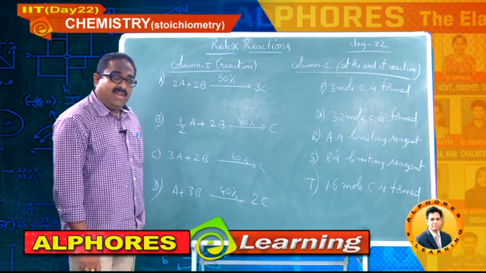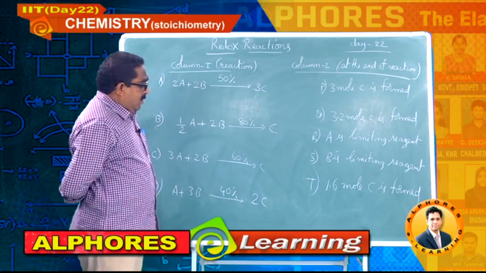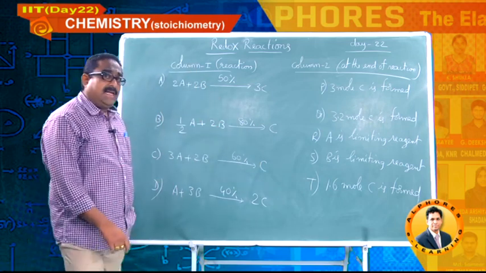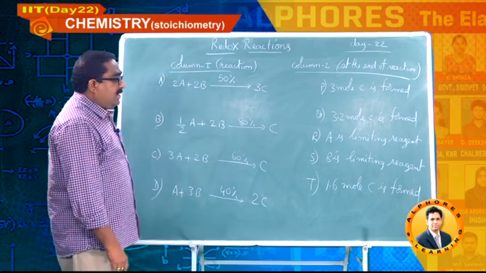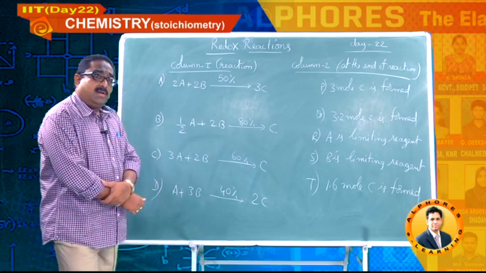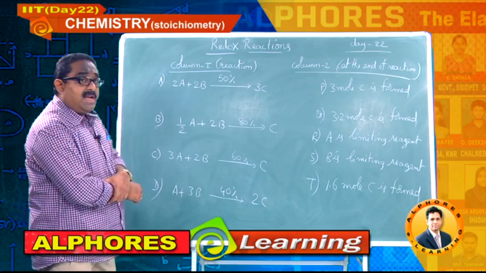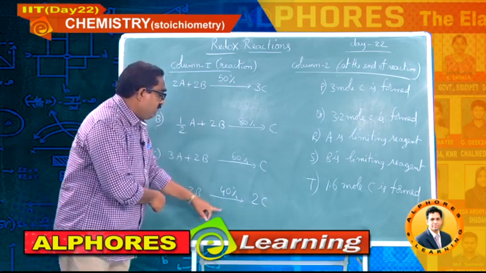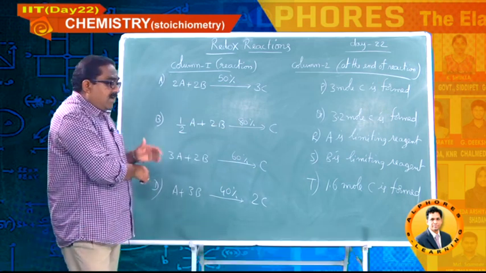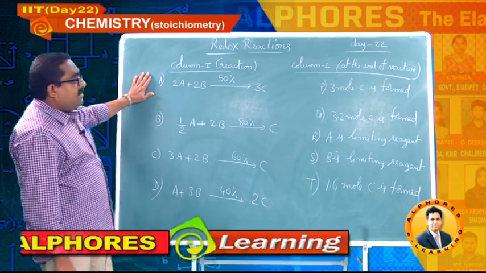Note down this matrix matching type question, because in this session we have only 10 minutes time. So before going for the next area of redox reactions, that is balancing of redox reactions, let me explain this matrix matching based on 2 concepts we have learned in the previous sessions, that is limiting reagent concept and percentage yield of the reaction. I will finish this in the next session. Freshly I will go for the balancing of redox reactions.